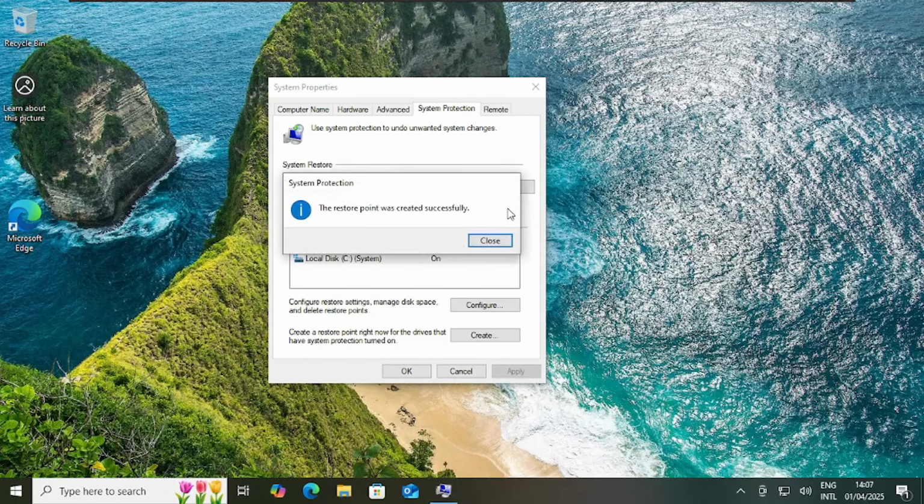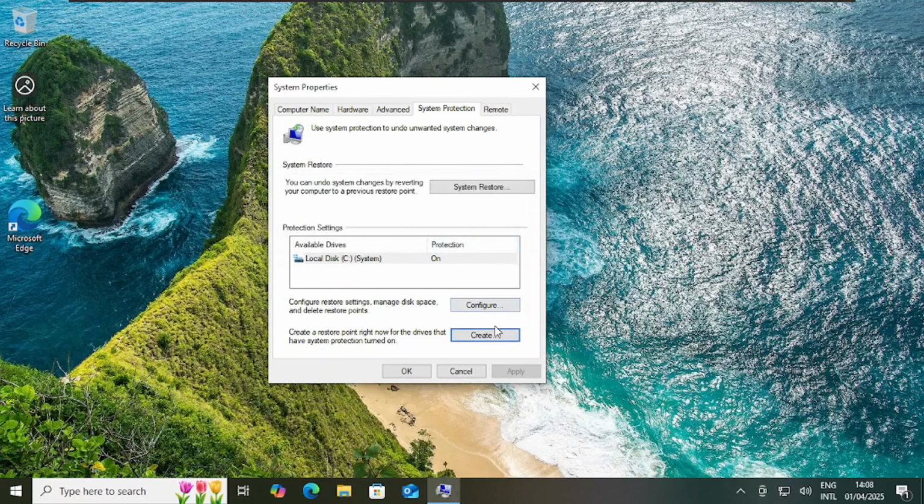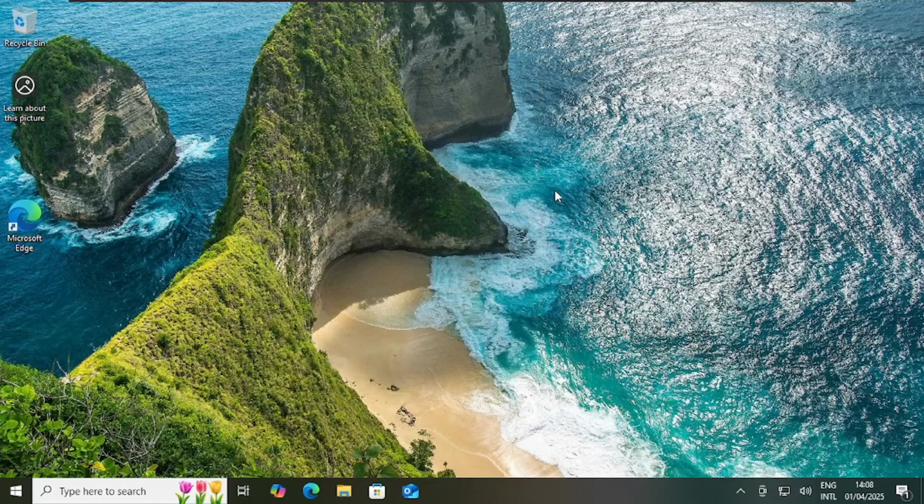Okay, so the restore point was created successfully. So I'll click on close and then I'll click on OK. So now we have a system restore point. So should anything go wrong with our operating system, we can restore to the time we installed the operating system,